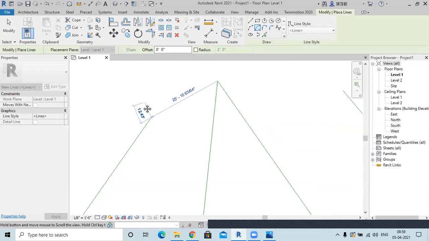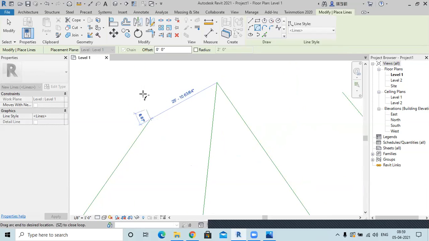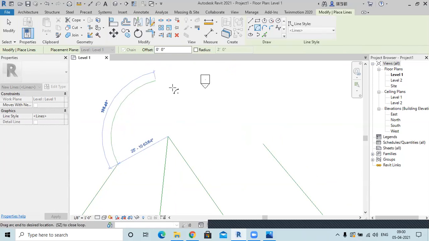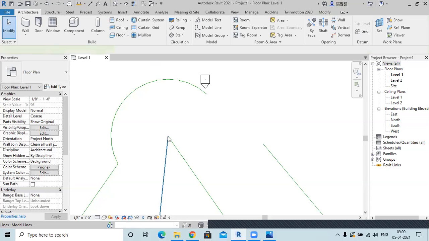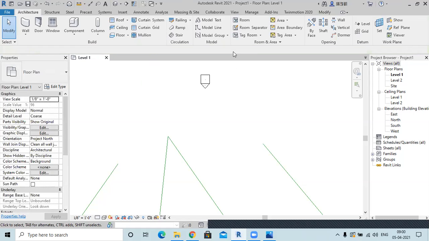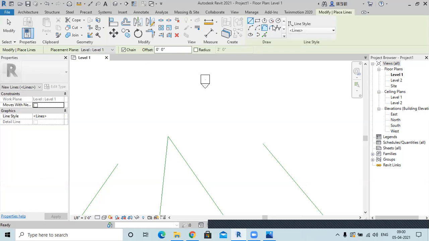Now as I've selected the center and one end, I can draw without using my mouse button. I haven't clicked anything. Automatically I'm drawing this arc. So I can draw this arc from here to here. Okay, so this is how this works. First you have to select the center, then one point, and then you have to draw to the second point. So this is the second type of arc or curve. Then the third is tangent arc.